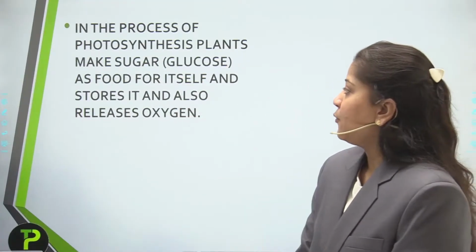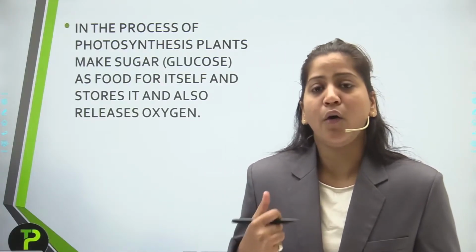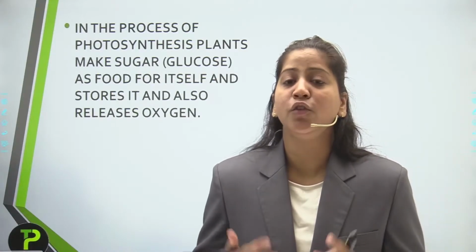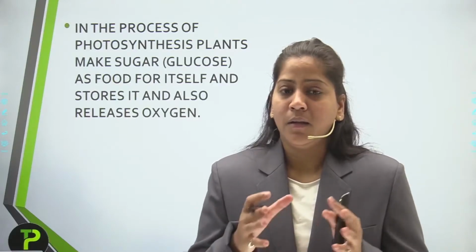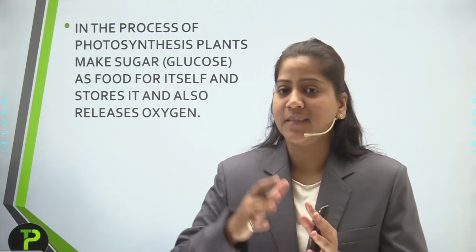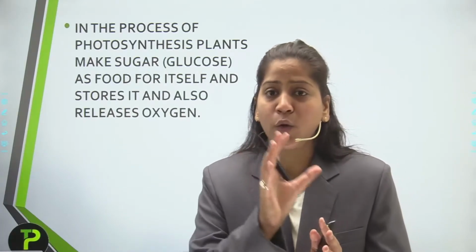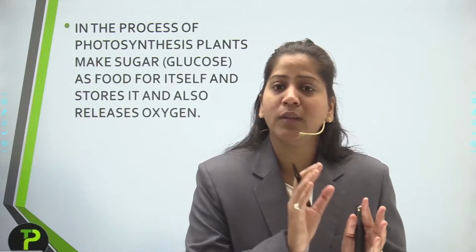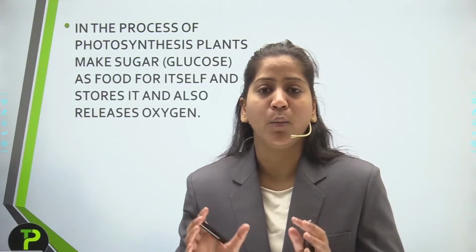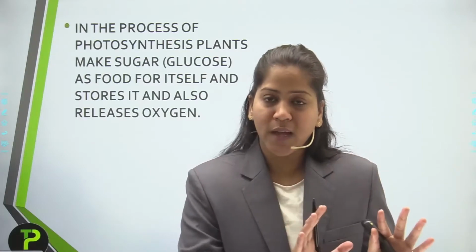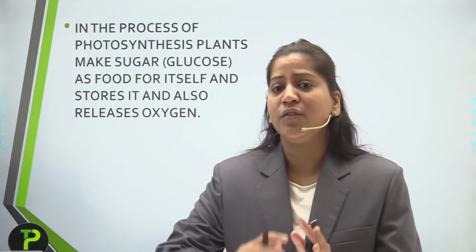In the process of photosynthesis, as we have already studied, plants make sugar, which is glucose, a simple carbohydrate. They make glucose as their food, but they do not store that glucose as it is. They store it in the form of starch, which is a complex carbohydrate, and they use it as food for themselves. In addition,